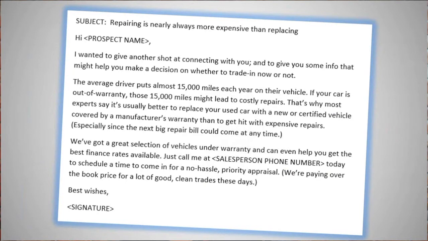Hi, Bob. I wanted to give another shot at connecting with you and to give you some info that might help you make a decision on whether to trade in now or not. The average driver puts almost 15,000 miles each year on their vehicle. If your car is out of warranty, those 15,000 miles might lead to costly repairs. That's why most experts say it's usually better to replace your used car with a new or certified vehicle covered by a manufacturer's warranty than to get hit with expensive repairs, especially since the next big repair bill could come